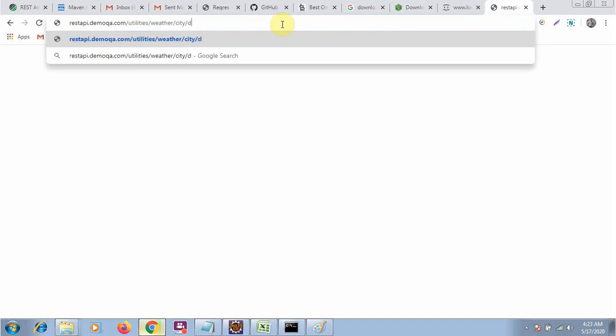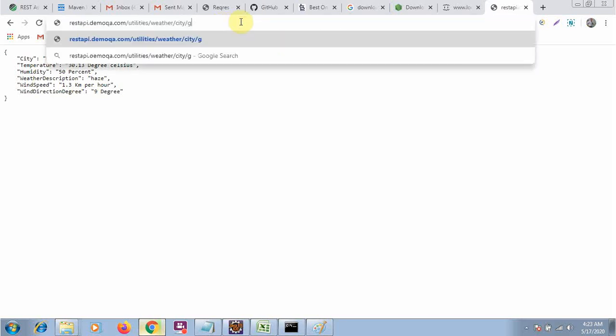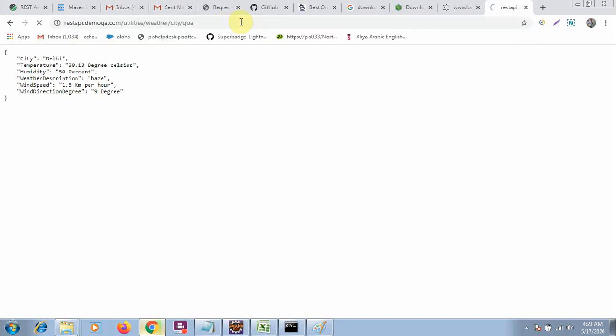It will give me the weather condition, so here I have to add the city. If I want to add Delhi, it will give me the weather condition of Delhi. Now if I change it from here to Goa, it will give me the weather of Goa.